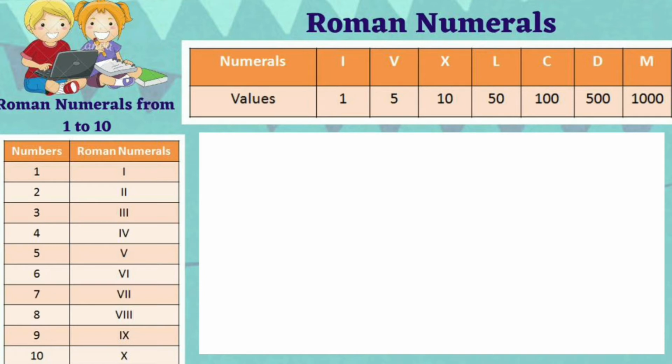Do check it. Okay, so now coming back to the number 30. For that, yes, you are supposed to learn the Roman numerals from 1 to 10 to understand this technique. For finding the Roman numeral of 30, we will first find the Roman numeral of 3. Here we know that the Roman numeral of 3 is 3 times I. I'll put it like this so that it will be easy for you to understand. The Roman numeral of 3 is I, repeated 3 times.